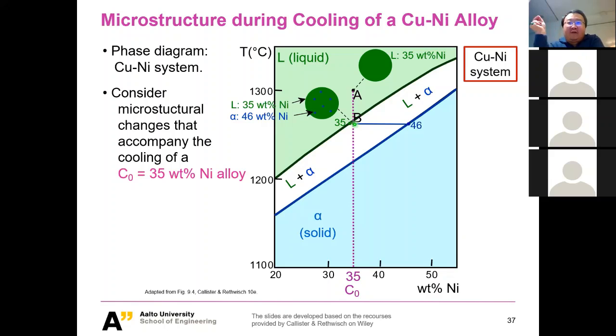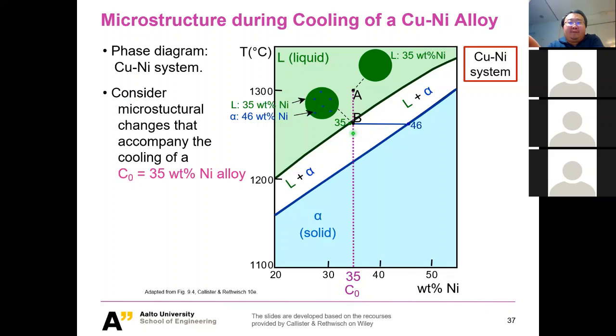You will have the formation of the solid, which is, let's say, 40%. In our position here, you will form 46% of nickel, and also 35% of